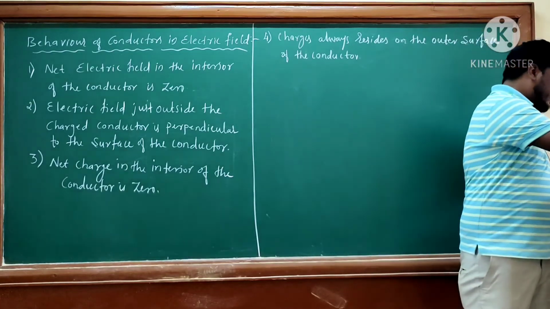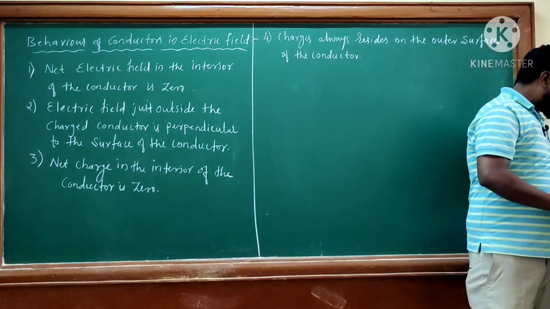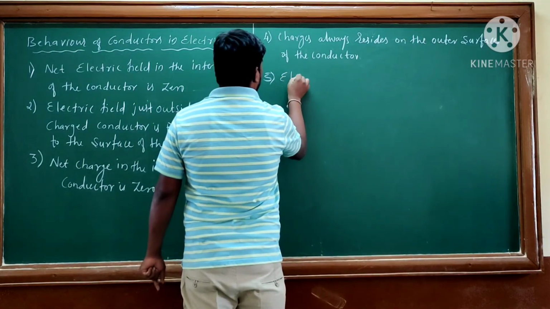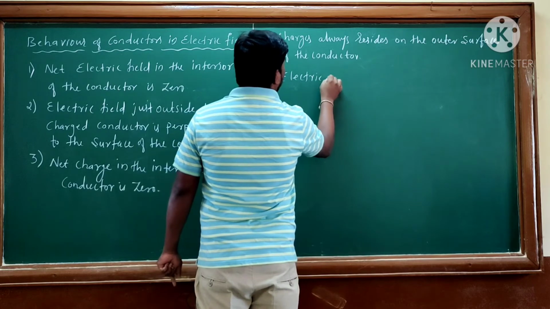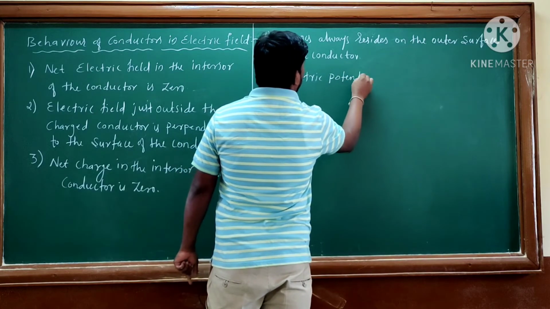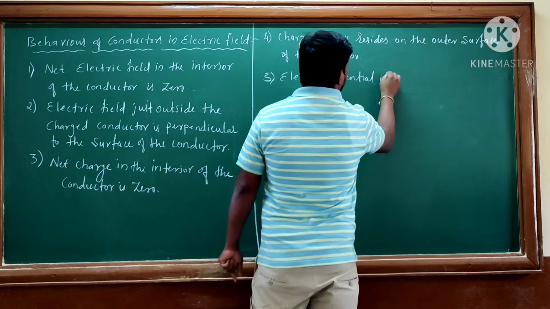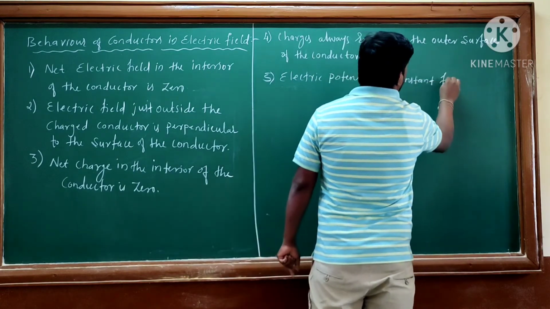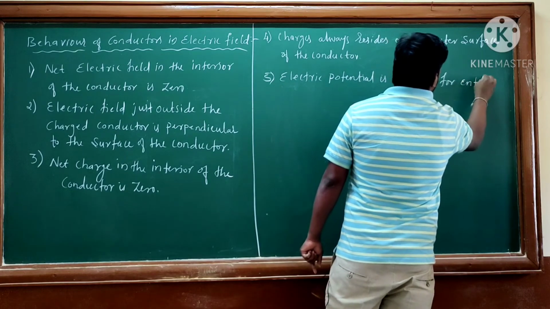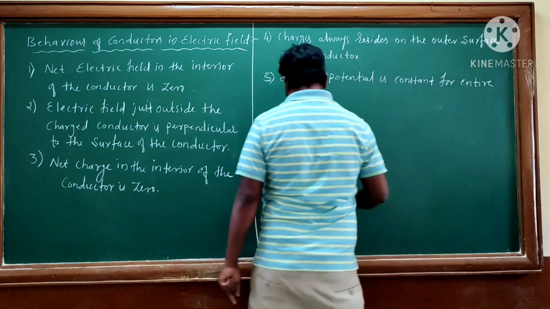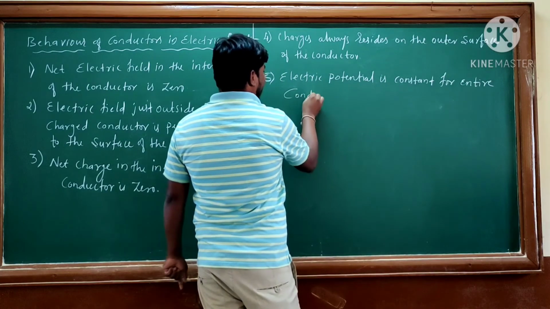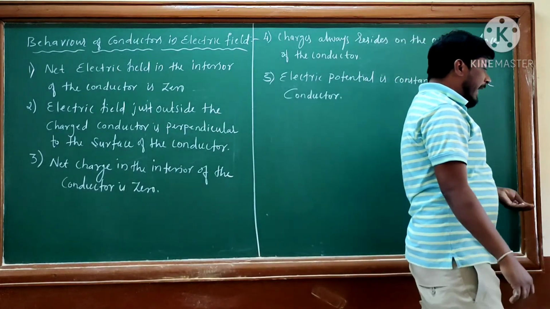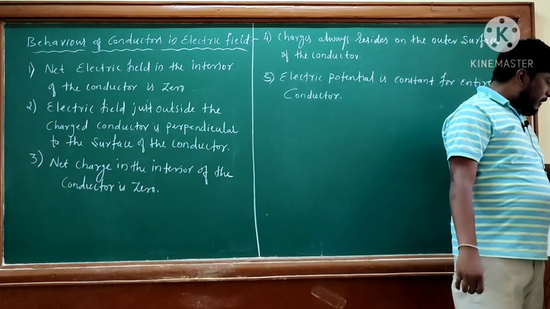The fifth point says that electric potential is constant for the entire conductor. Electric potential is constant for the entire conductor because of